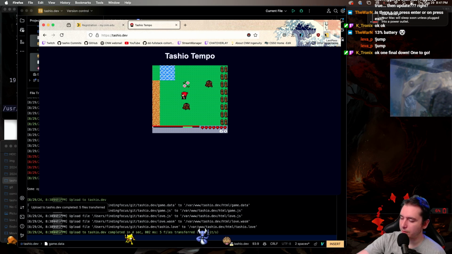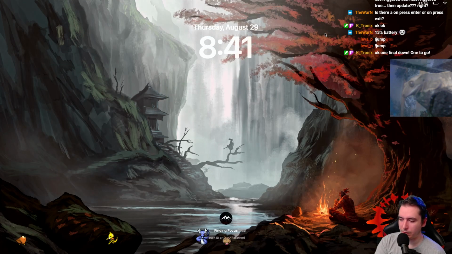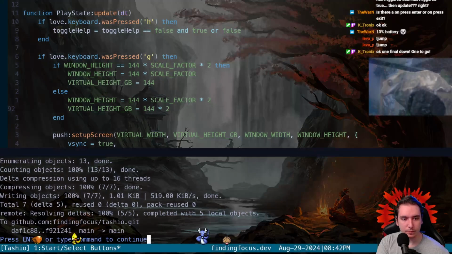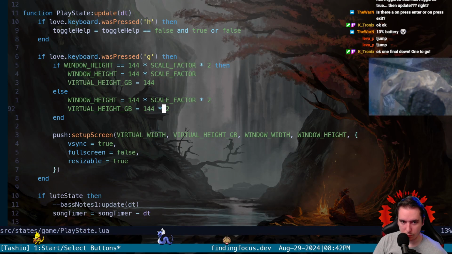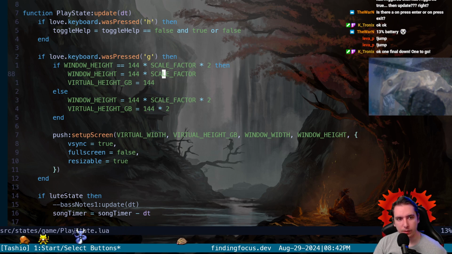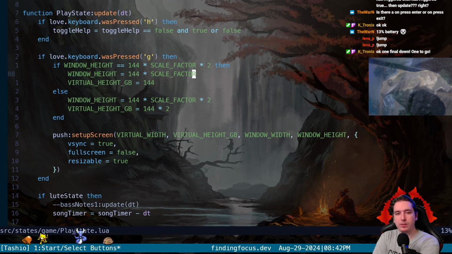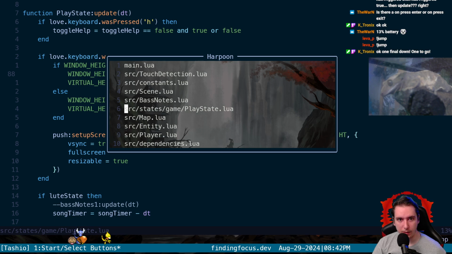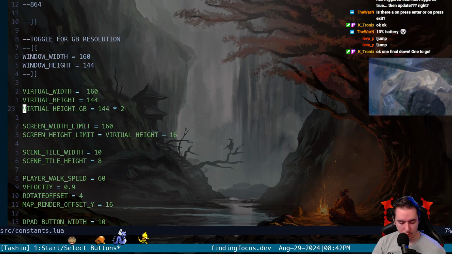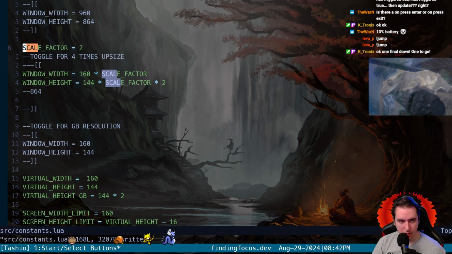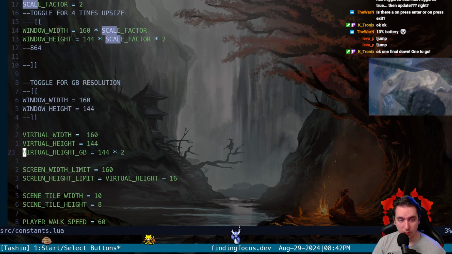We could do it. We'll just lock it there and then we'll try it. So we'll try to do, if G is pressed, instead of taking it down, how would we do this? We want to change our scale factor is what we want to do. Because right now our scale factor is 2. And that's fine for mobile, but not fine for desktop. So if you're on desktop